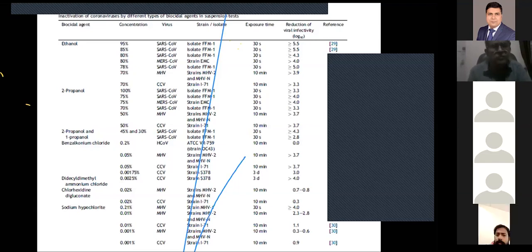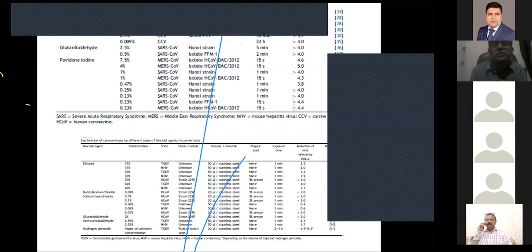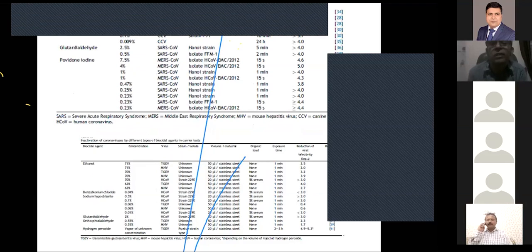This disinfectant was actually used primarily around the period of the Second World War, and since then this material has proven its very strong potential for disinfection against many viruses, including coronavirus. See, hydrogen peroxide and formaldehyde and glutaraldehyde and povidone iodine, these are also very much known for killing infection against coronavirus. So they have a strong potential to kill coronavirus, starting from 4.4 to some more than 5.0